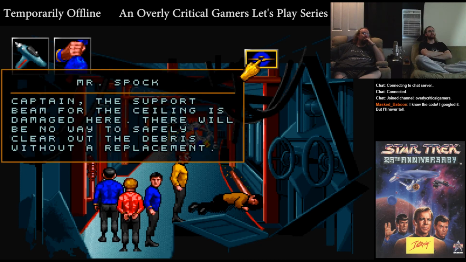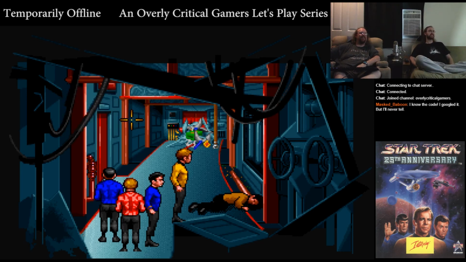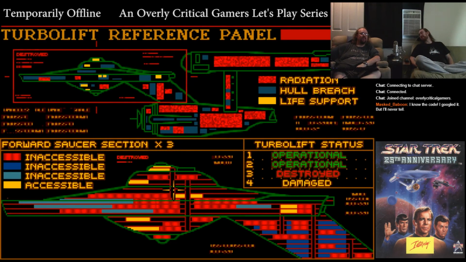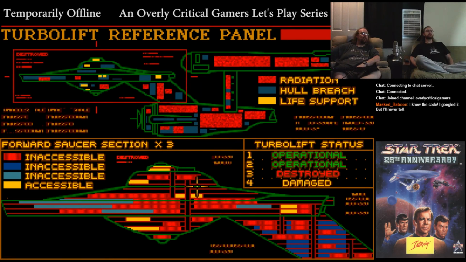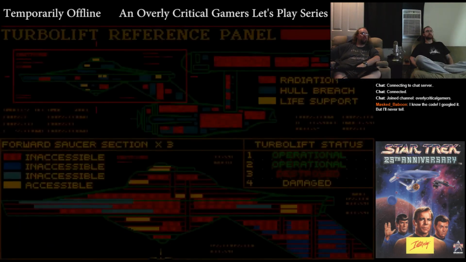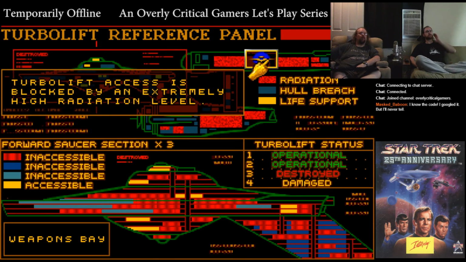Captain, the support beam for the ceiling is damaged here. There will be no way to safely clear out the debris without a replacement. Oh, well. Sounds like you need to find a support beam. Well, you just stand here phasering piles of garbage all day, apparently. Can we reach? This turbo lift cannot reach that. Access elsewhere is blocked by an extremely high...